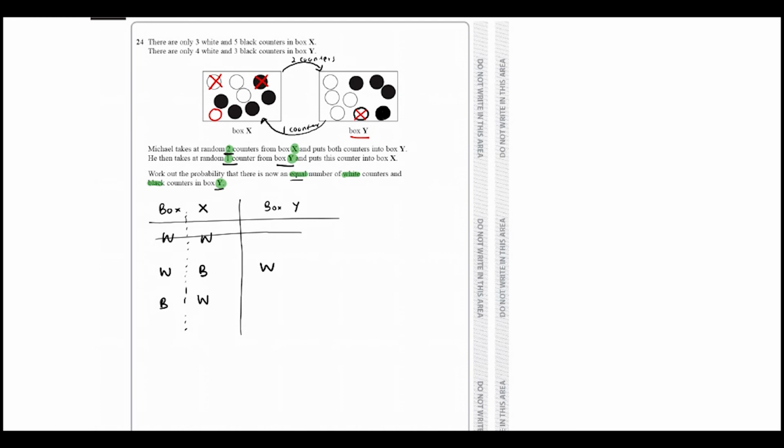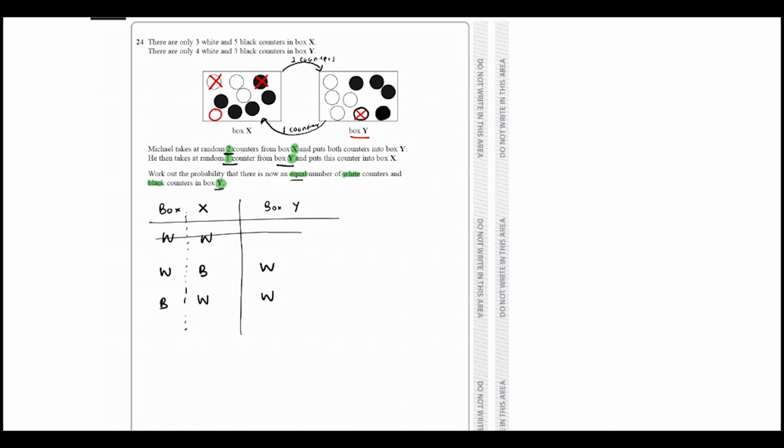So you can see again I get the same situation, because I'll be again adding a black and a white, and then again if I take a white and put it over here, I'll end up getting 4 whites and 4 blacks. Okay, so this is the same situation, because when we take white black, we have to also consider black white the other side.